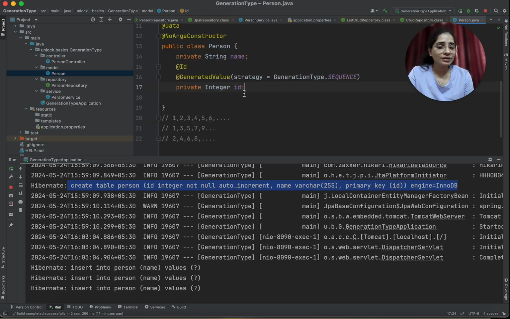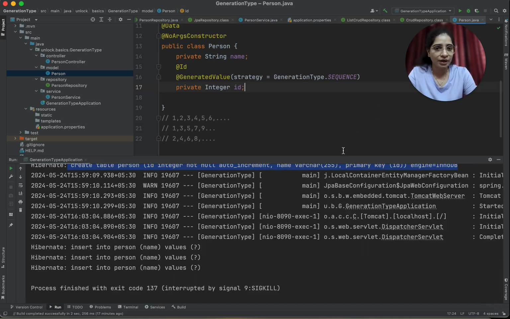In our case, the sequence is present inside the database. Whenever the sequence is present inside the database and the ID is coming from that sequence, that is known as generation type sequence.